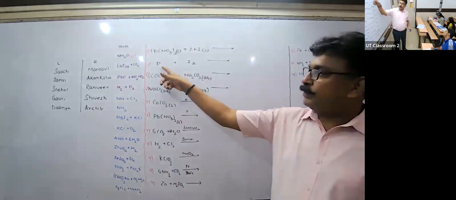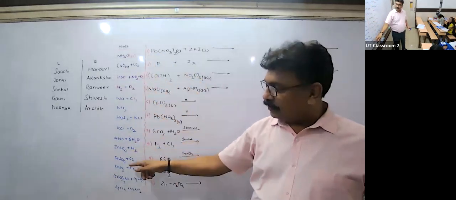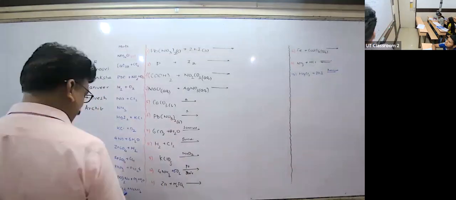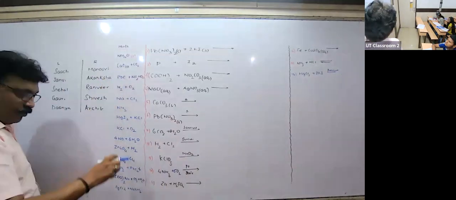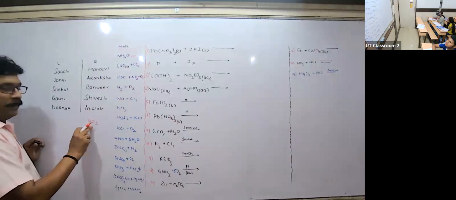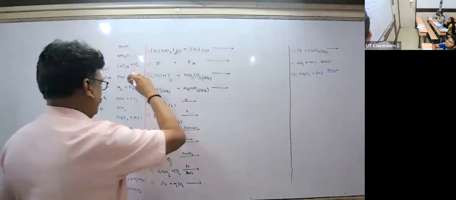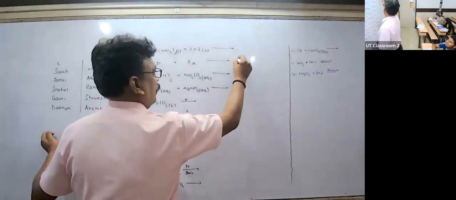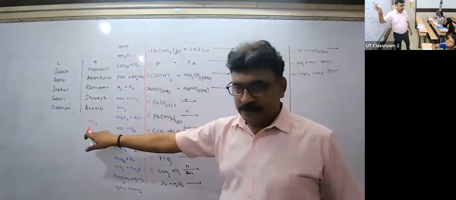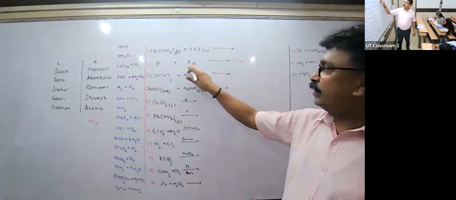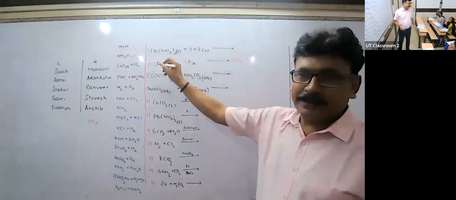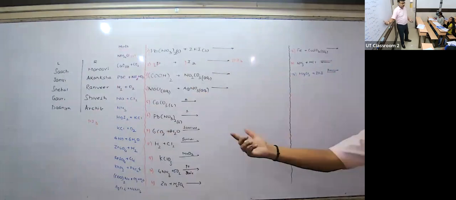Okay, P plus I2, now you have to look at it. Why am I giving the hint for this reaction? Because here it is given, I kept that for the reaction hint. In the match the column, whatever product you are getting, you have to write it down over here. What is that? PI3. Then balance the reaction. How will the answer balance? It is PI3, written here, so relate it. Now see PI3, here this is iodine 3, this is 2, so that means you multiply this by 2, this by 3, and then 2P, balance. You are getting the balancing, and its products too. Try to write it down.